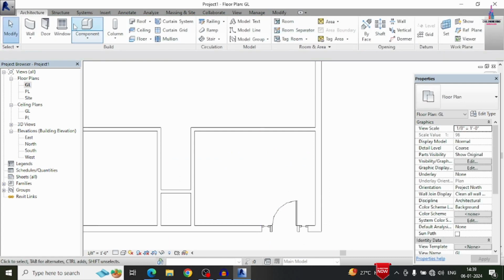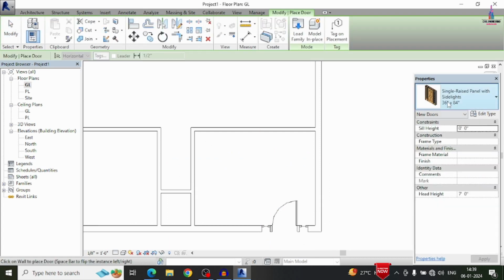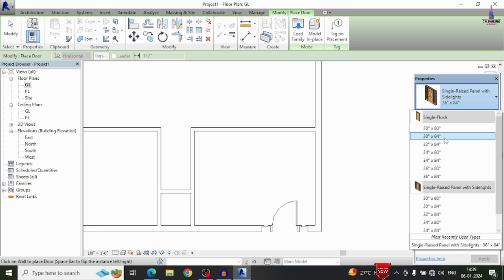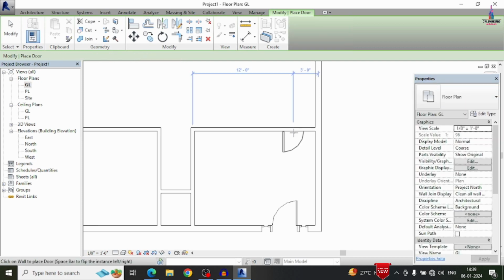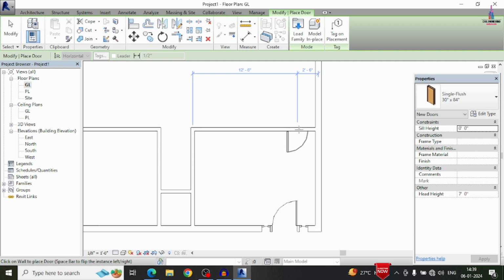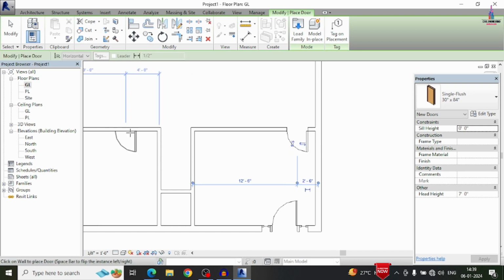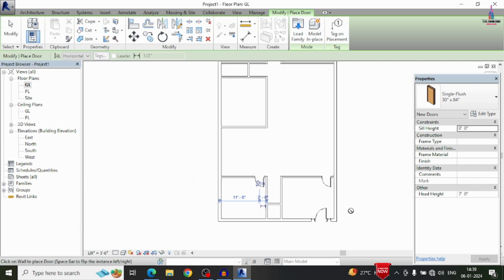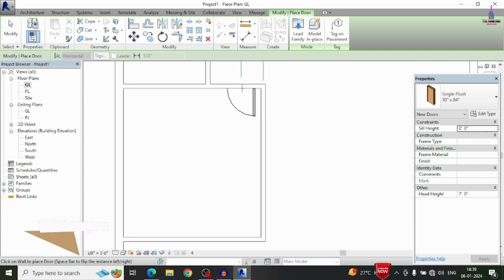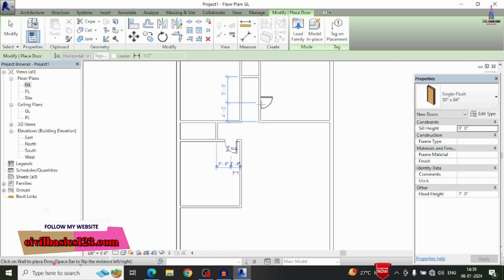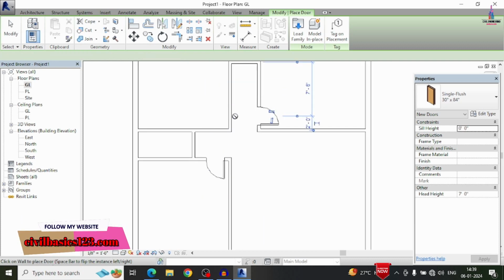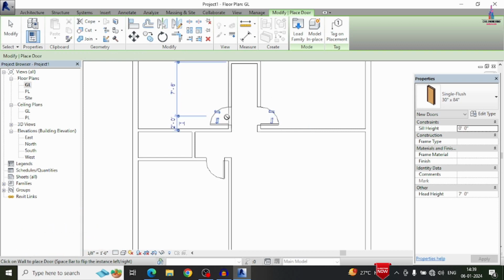In the same process, we have to draw the secondary doors also. I am selecting the door. So here I am selecting the basic door which has a 30 feet dimension. So here I am attaching it. Okay, but we have to change the direction. In order to change the direction, we have to press the space bar. Now we can see it draws your door like this. Now we can see this is the door. In the same process, we will draw the door for this particular location. Again in the same process, I am drawing the door here. Again in the same process, I am drawing the door here.